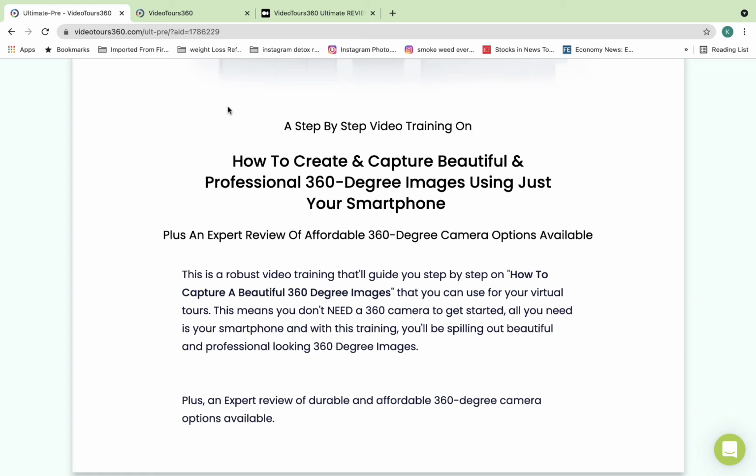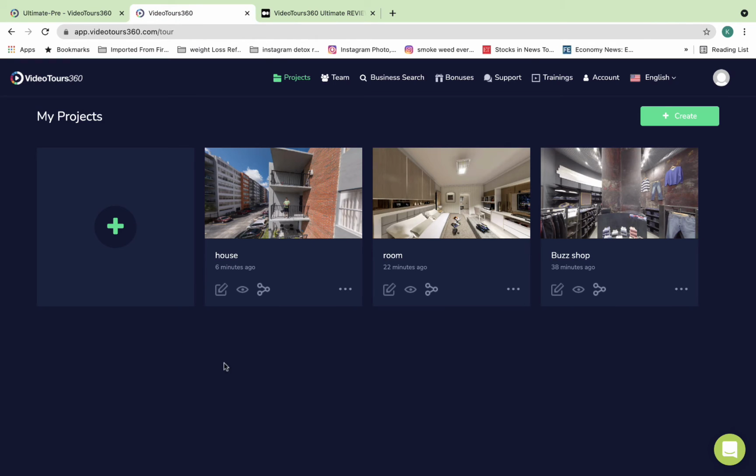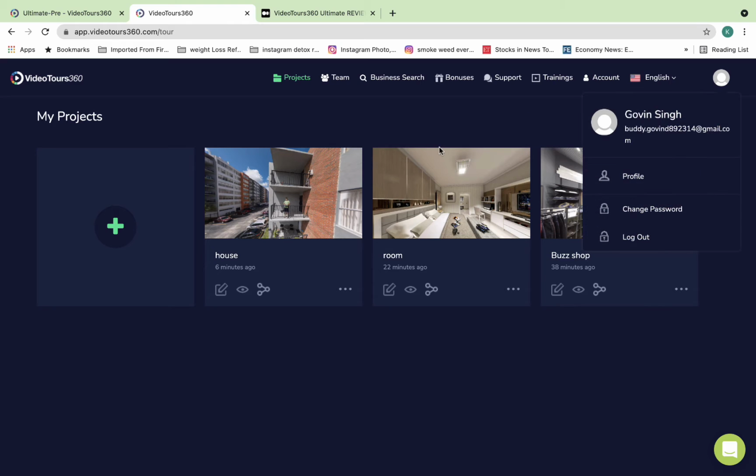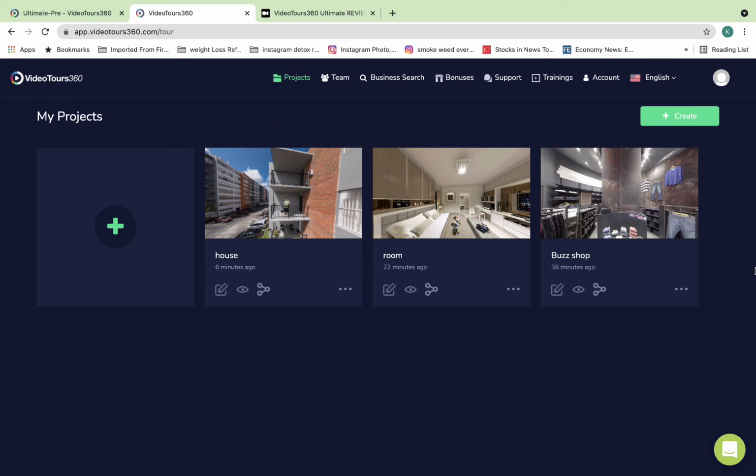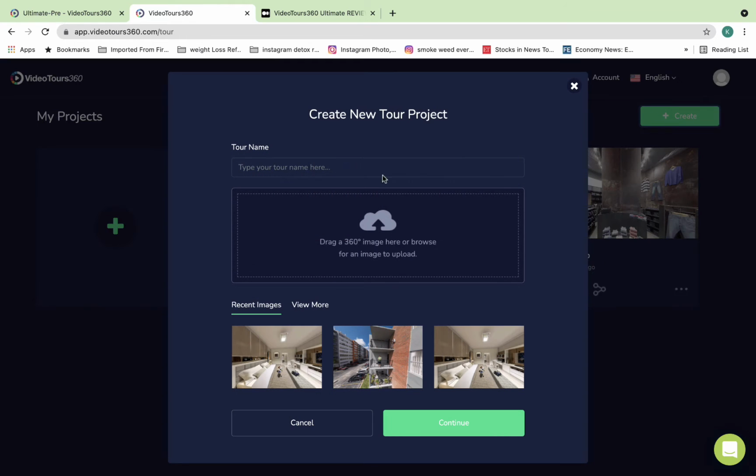Now let's move on to Video Tools 360 Ultimate. Here I have already logged into this software, and after logging in you are going to see this page. From here you have to click create, and after clicking create you need to give your tour a name, like we can write demo over there.